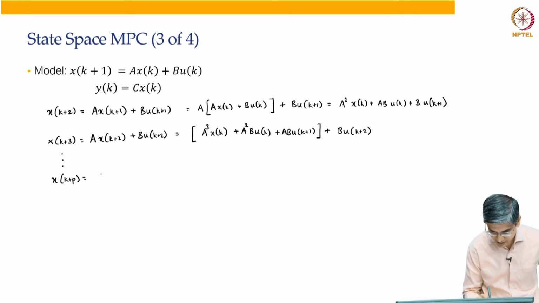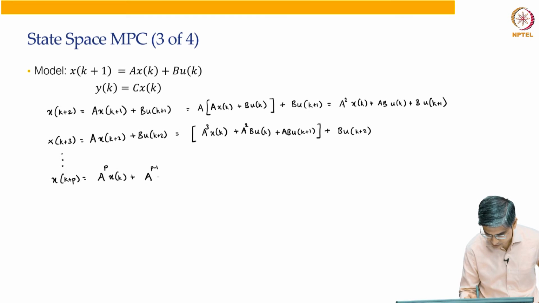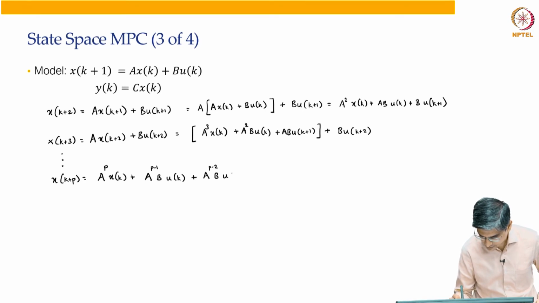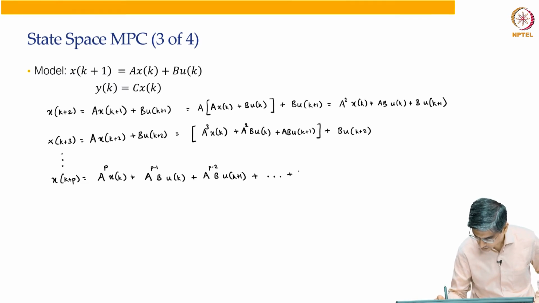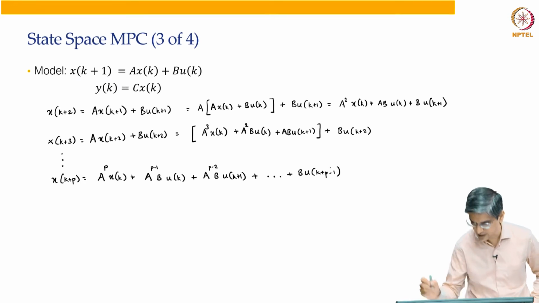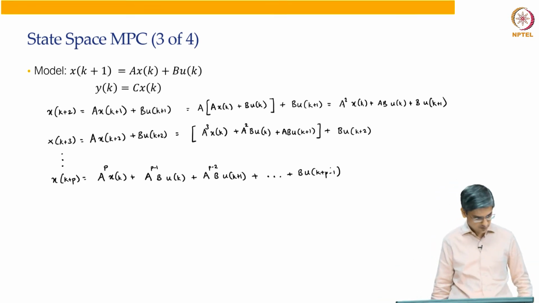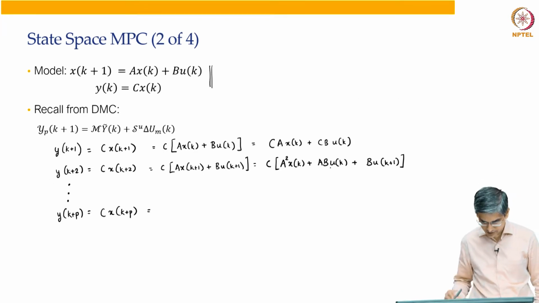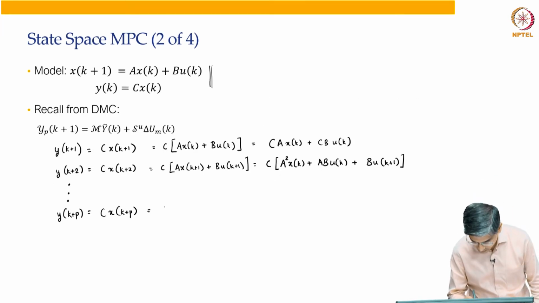A k plus p is nothing but a to the power p x k plus a to the power p minus 1 b u k plus a to the power p minus 2 b u k plus 1 and so on up to b multiplied by u k plus p minus 1. Okay. So, this is what you are going to get. So, let us put this over here. It is just c multiplied by all of this. So, it is going to be c a to the power p